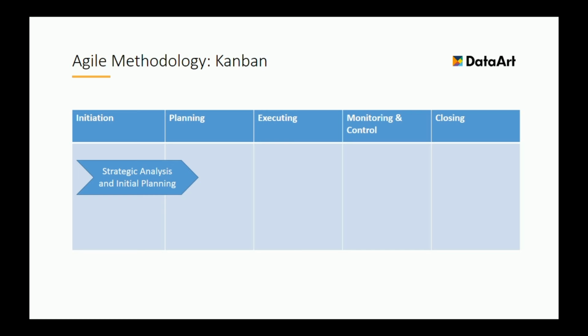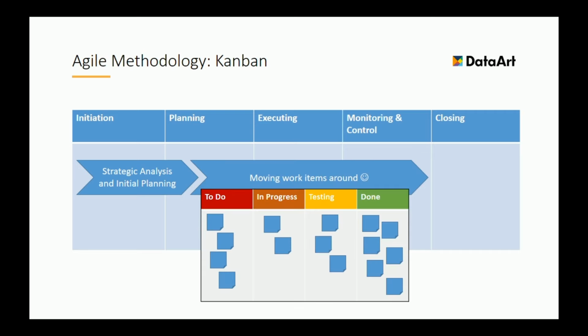We arrange them by priority, etc. And then after that initial planning, we actually start the magic of Kanban. We also use a whiteboard, either virtual or real on the wall, to move those stickers that we created around. First, they go to the to-do column, and while the team works, they move them across to in progress, testing, done stages. These stages here are also just an example, and different teams can have different columns.